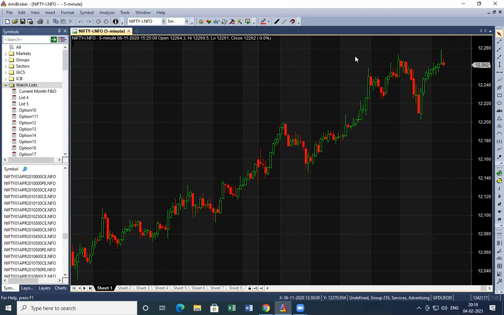So today we will see how to create explorations in AmiBroker. For those who don't know what an exploration is, it is a kind of scanner wherein you can filter some of the stocks based on certain conditions. We will understand this in more detail with the help of a few examples.